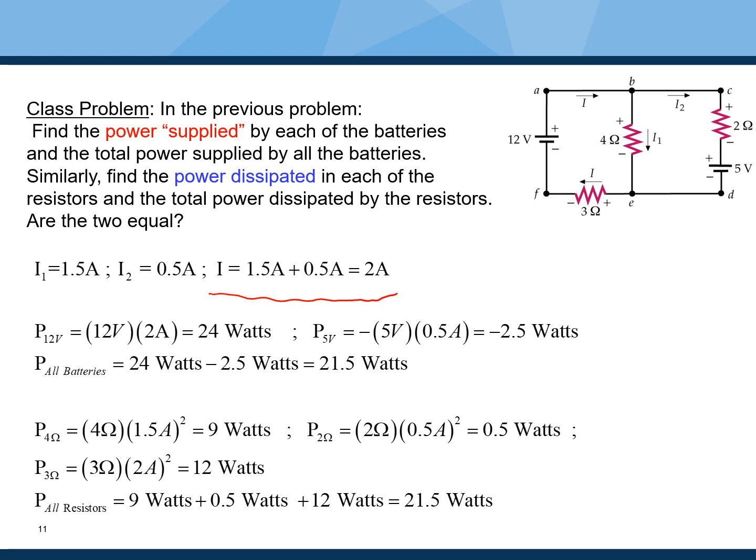Now notice that a battery can supply power if the true current is flowing through it in the traditional direction of current flow, namely from the negative plate to the positive plate. However, the battery can also drain power if current is flowing from the positive plate to the negative plate. So when it comes to batteries, you have to be acutely aware that a battery could supply power to a circuit, which we would call the positive amount of power that is conventionally supplied by a battery to a circuit. But the battery can also drain power from a circuit if the current is flowing from its positive plate to